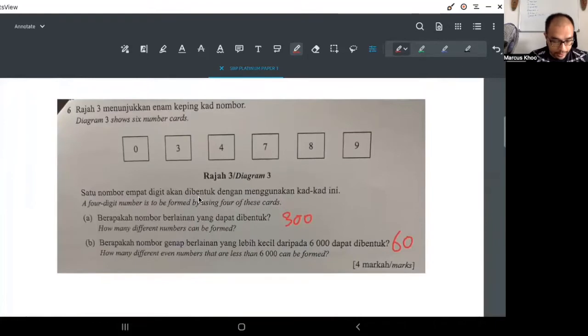Okay, number 6. Six number cards. Okay, 0, 3, 4, 7, 8, 9. Now, a 4-digit number is to be formed by using 4 of these cards. Okay, so how many different numbers can be formed? Now, one thing that is very important for us to remember is that it is not asking us to form a password. Okay, so if it forms a 4-digit password, then 0 can be a number at the beginning. Okay, but we want a 4-digit number. We want a number that has 4 digits, which means that the number 0 cannot be included